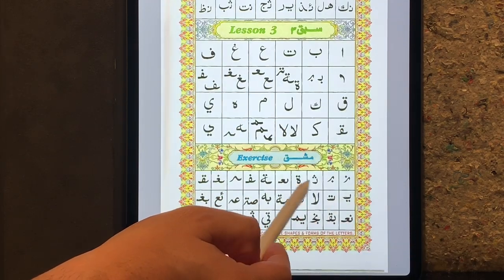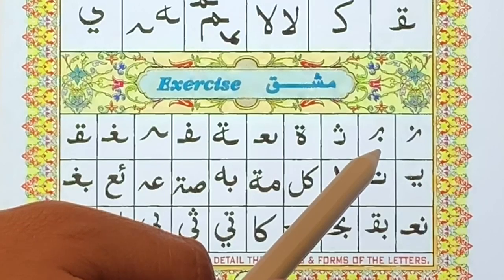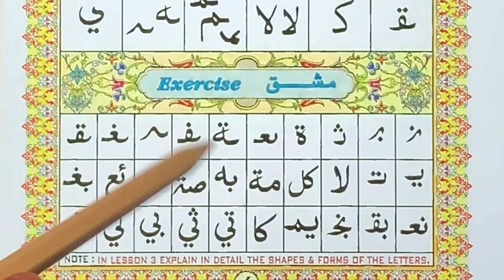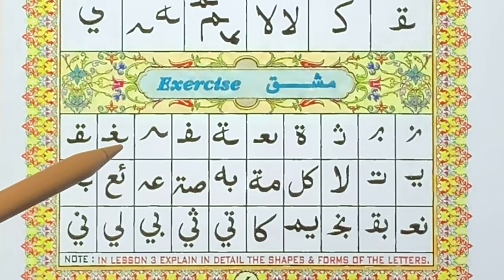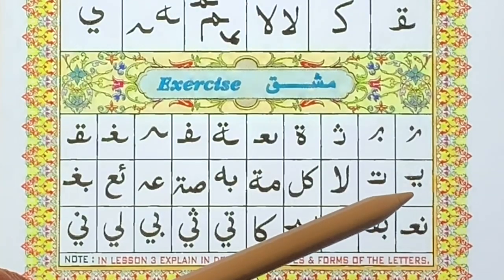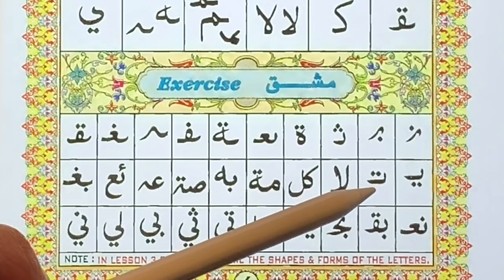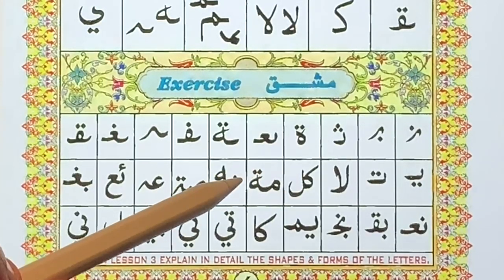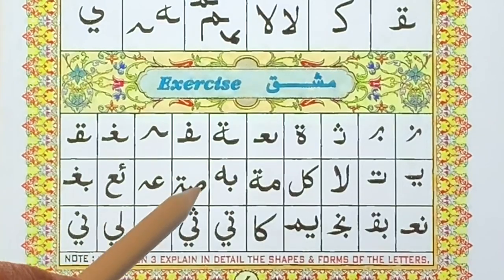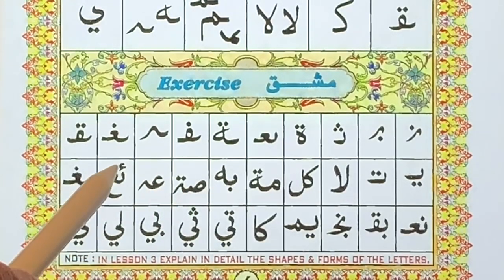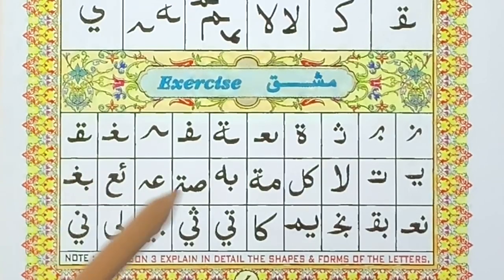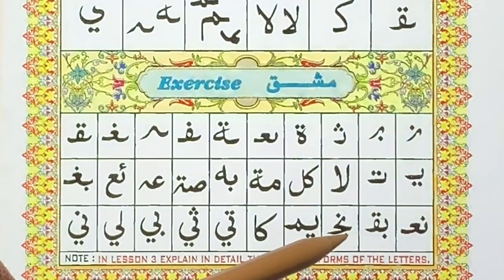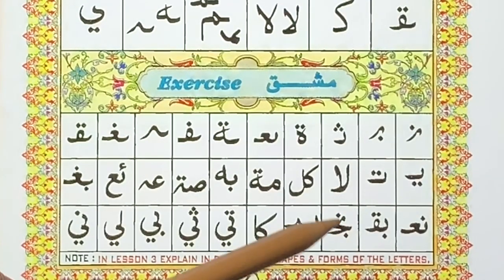And there's another exercise here at the bottom. This is noon, ba, tha, ta, ain, ta, fa, ra, ghain, qaf, ya, ta, lam alif, kaf, lam, mim, ta, ba, ha, sad, ta, ain, hamza, ain, ba, ghain, noon, ain, ba, qaf, noon, jim, noon, jim,